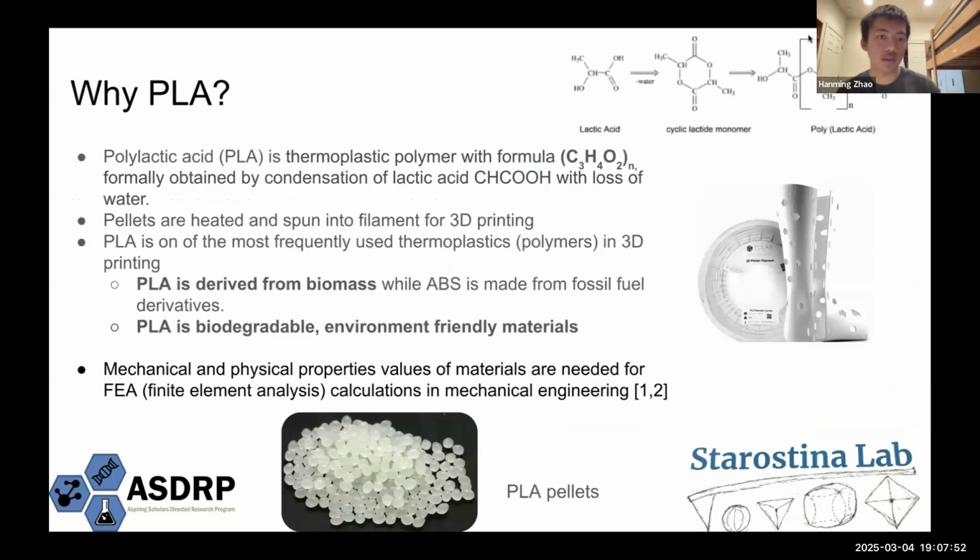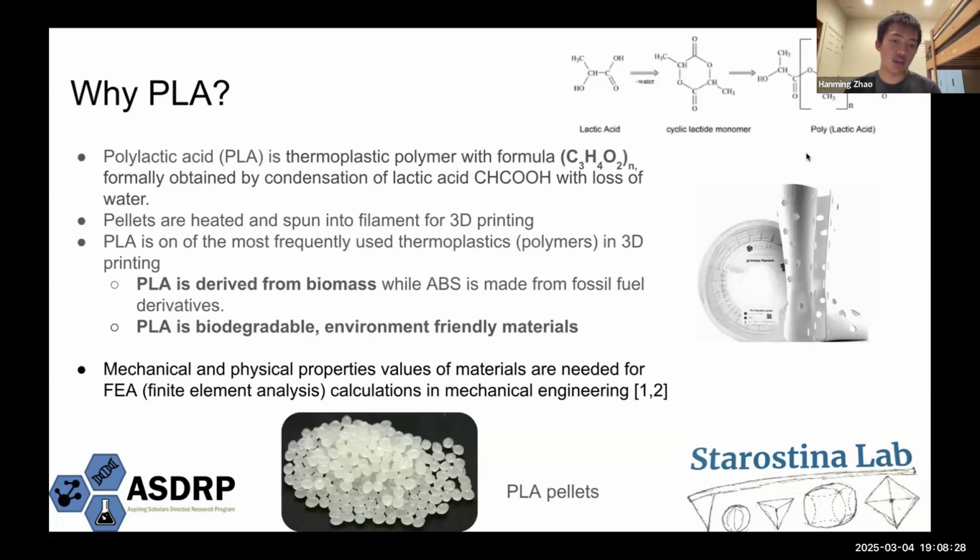Okay, so our material in question is PLA or polylactic acid. Polylactic acid is a thermoplastic polymer with the formula C3H4O2, and as a polymer, it is a very long strand of that. It is formally obtained by the condensation of lactic acid with the loss of water. Pellets are heated and then spun into filament, which is what the 3D printers use, and it is the most frequently used thermoplastic in 3D printing, with the other one being